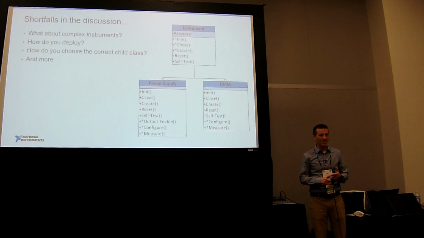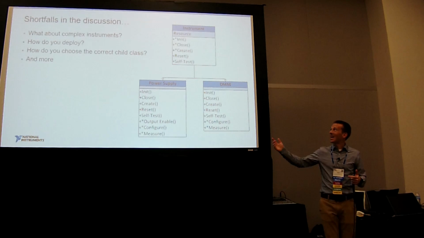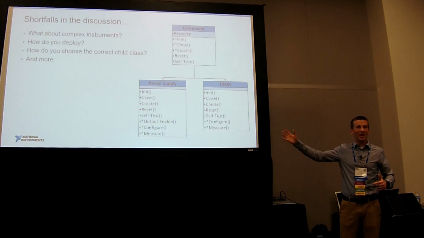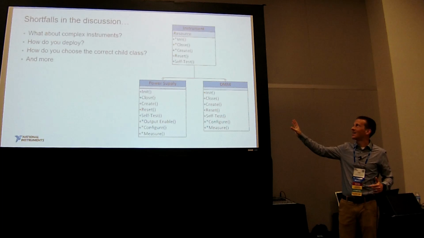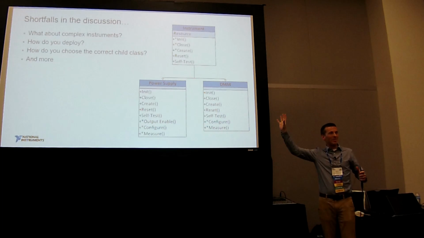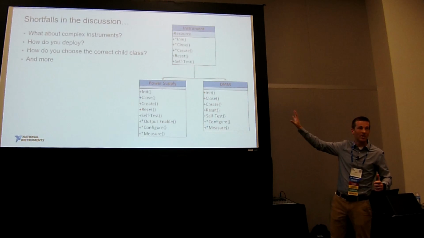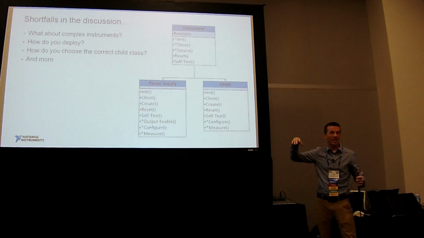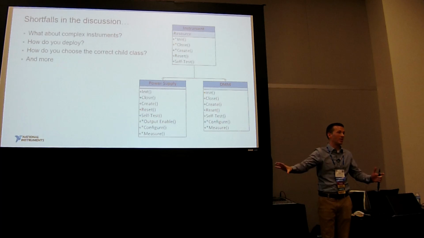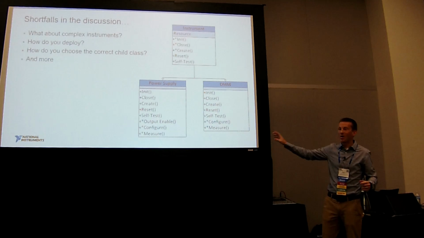What about complex instruments? Here I have a simple UML diagram where I'm showing the treatment of functionality. My instrument is my ultimate parent class. Every instrument has these functions of init, close, create, reset, self-test. Those are maybe common to all instruments. A power supply